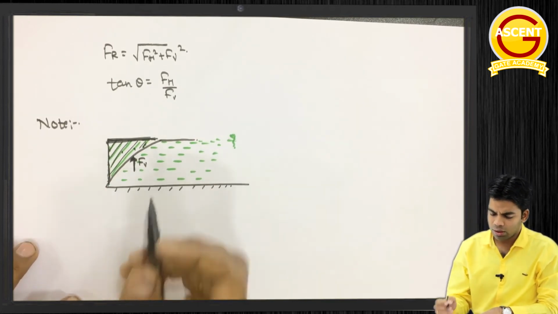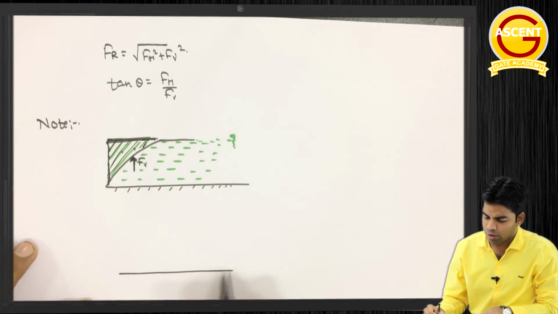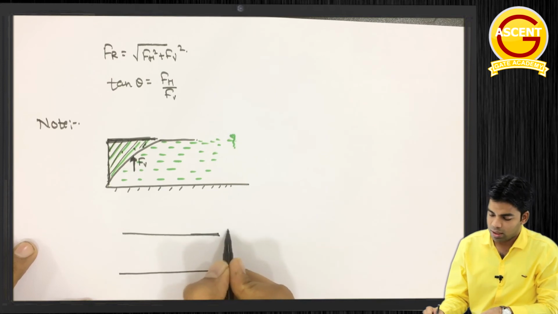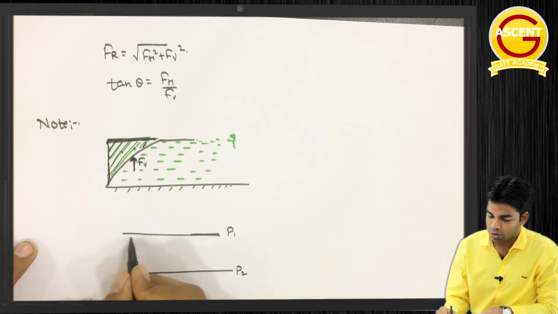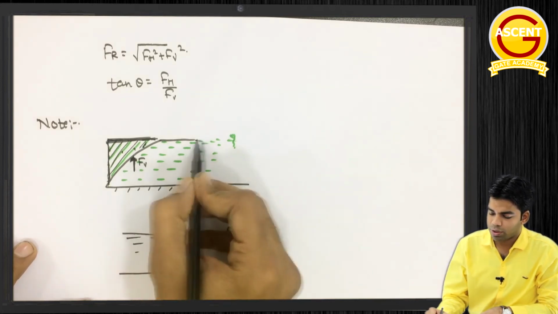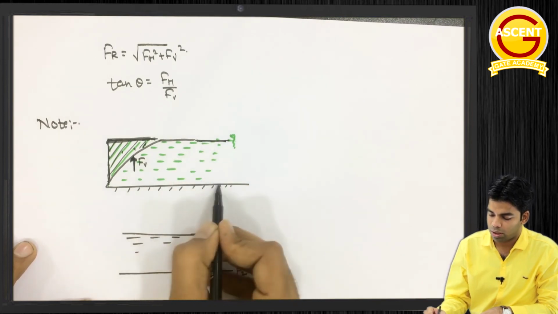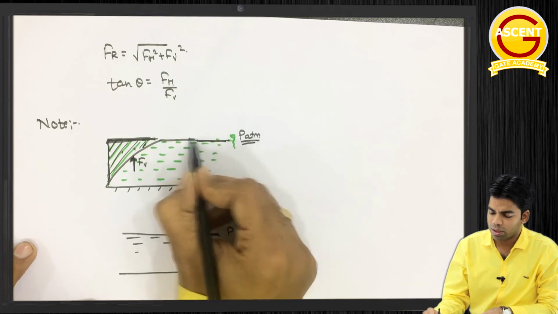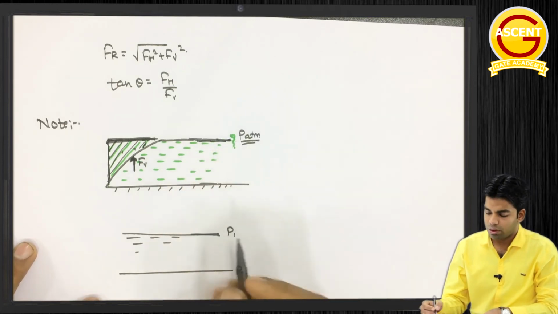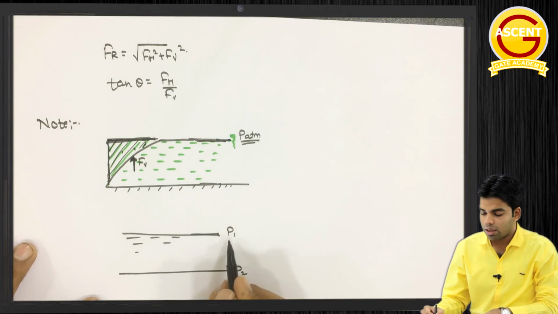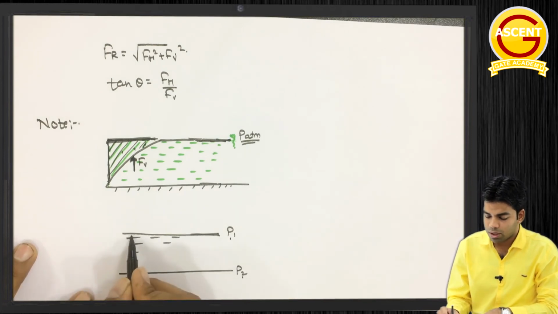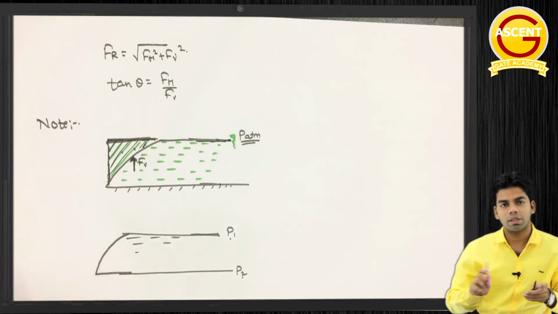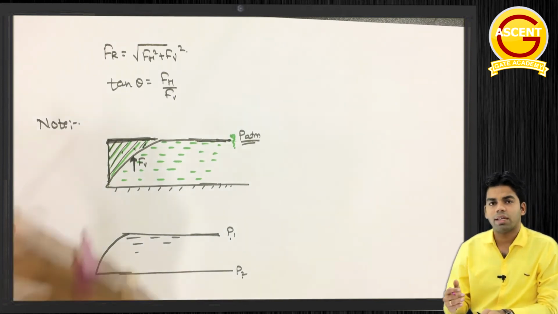First thing. Now suppose we have the case of the pipe. Pipe means suppose the free liquid surface does not exist. Here the pressure is suppose P1 and here the pressure is suppose P2. Here the pressure was 0, that means the atmospheric pressure, so we consider it as the free liquid surface. Now suppose the free liquid surface does not exist. Here we have the pressure as P1 and here we have the pressure as P2, and here this is our curved surface. So what we will do in this case is we will assume the free liquid surface.